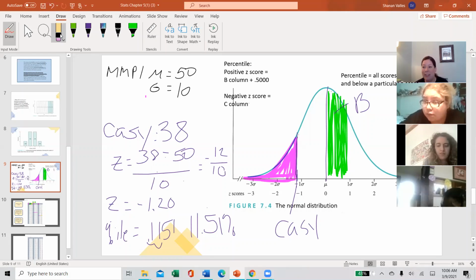If it was weight, she'd only be heavier than 11.51% of the people. At this point, we'd probably be looking at anorexia, right? Because she'd be so skinny, okay? Or maybe she's a marathon triathlete or something, okay? Yeah, that's the fun part of